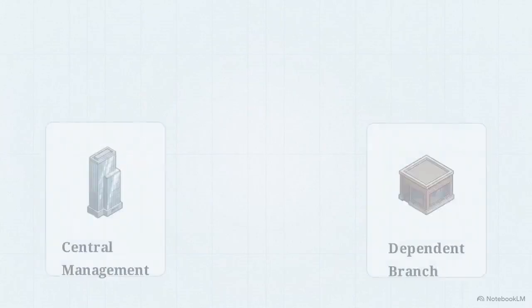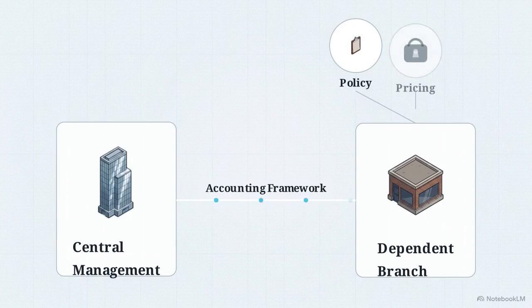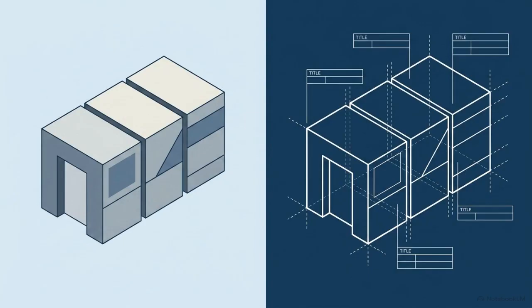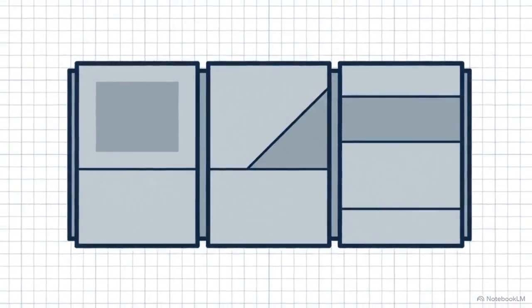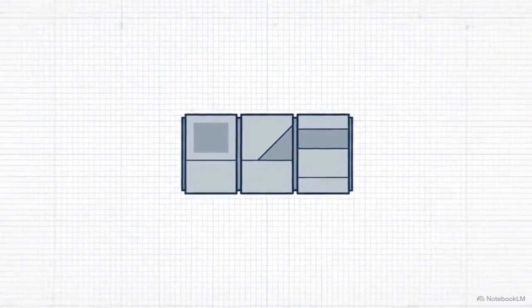It is the mechanism by which central management reaches across physical distance to enforce corporate policy, control pricing, and monitor local expenses. For a dependent branch, the ledgers kept back at headquarters are the invisible architectural framework. They ensure that no matter how remote the location, profitability is closely engineered, strictly tracked, and heavily